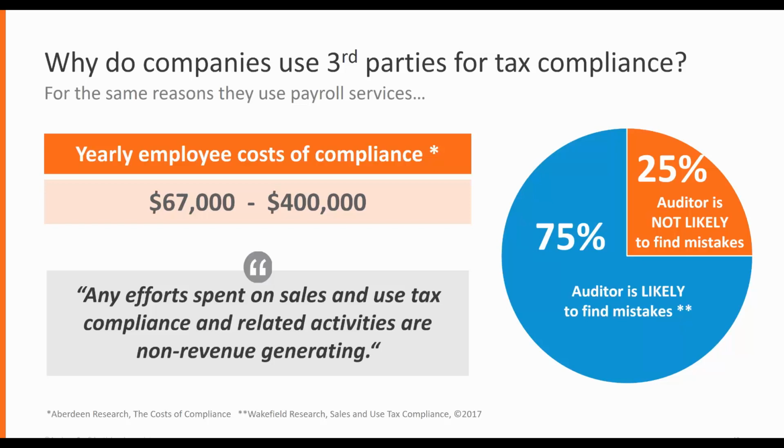We're looking at this pie chart. CFOs were asked, if you got audited today, how likely would it be that an auditor found a mistake? And 75% of that group said they would find a mistake. So that shows the confidence of the majority of CFOs: yeah, we've got a process right now, we're doing our best, but absolutely, if an auditor walked in today, they'd find mistakes.